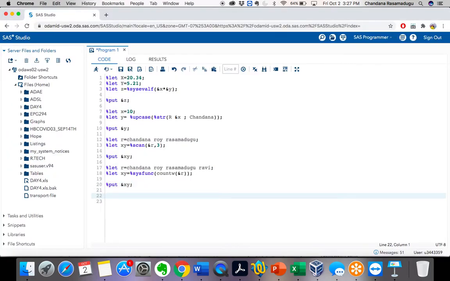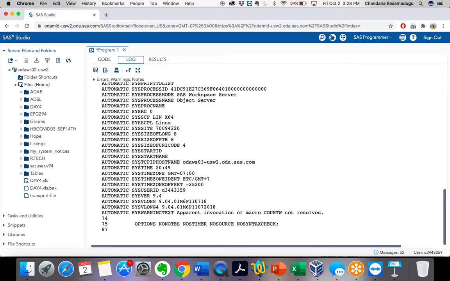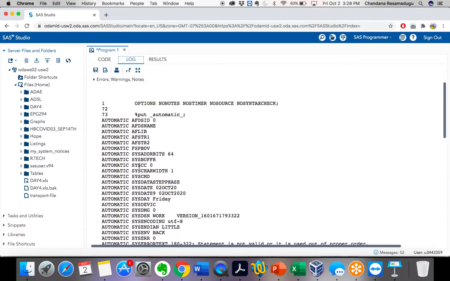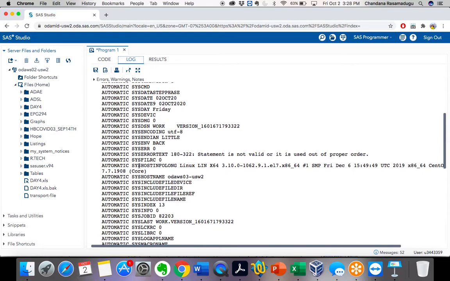Now I want to print what are the automatic variables that are present. %put _automatic_. Let's execute this. Now it will print all the automatic variables that are present in the system. See, these are all the system defined automatic variables which are present automatically when SAS is started.